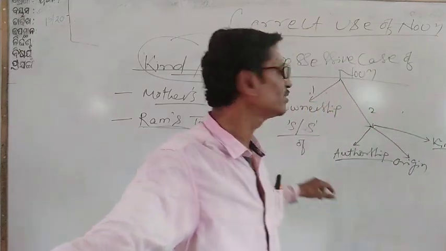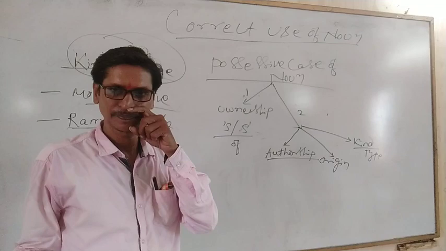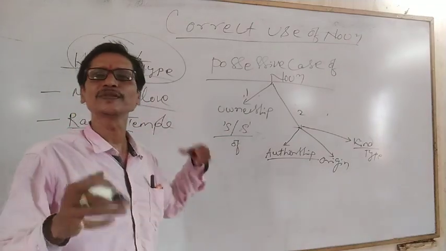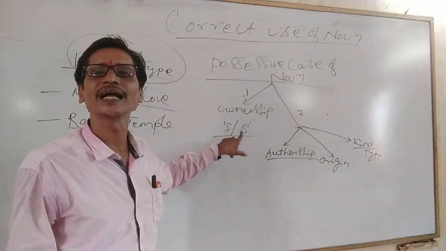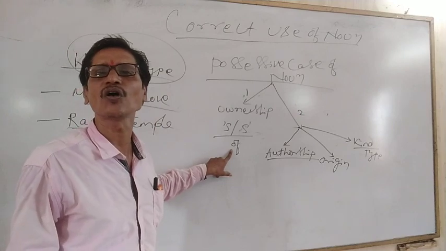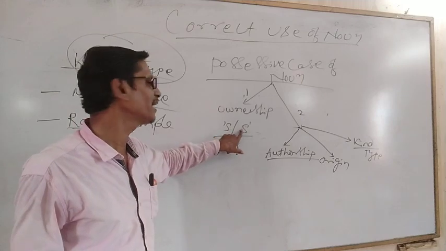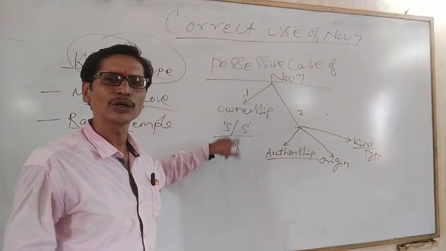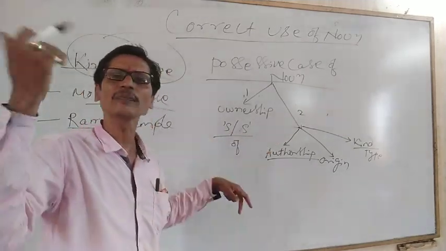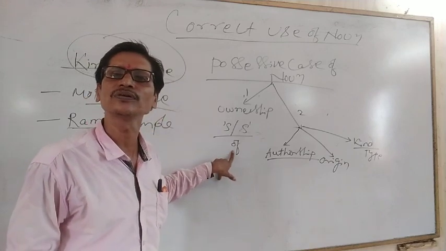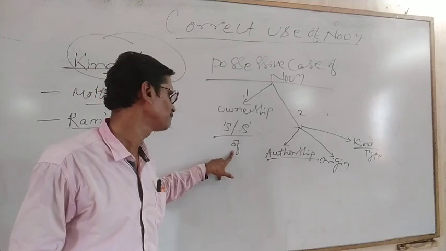So today we understood that in the last class we had only discussed ownership, and how we make the possessive case of a noun when we are talking about ownership. We use apostrophe s and s apostrophe as well as of to talk about the ownership of a noun. We use apostrophe s and s apostrophe to talk about the ownership of living beings, that means human beings. When we are talking about non-living things, we use of to talk about the ownership, and the examples have been given to you already.